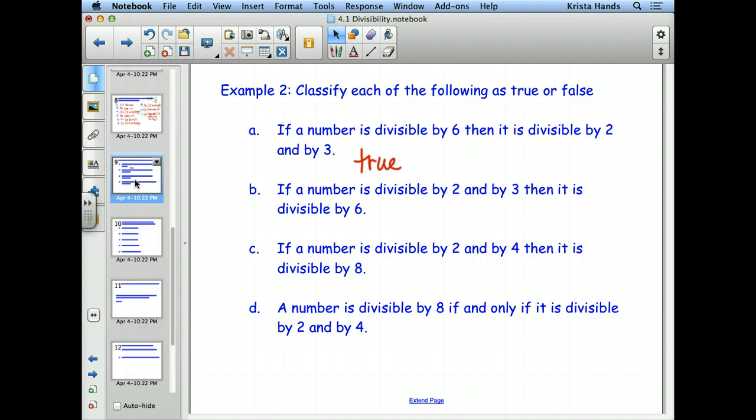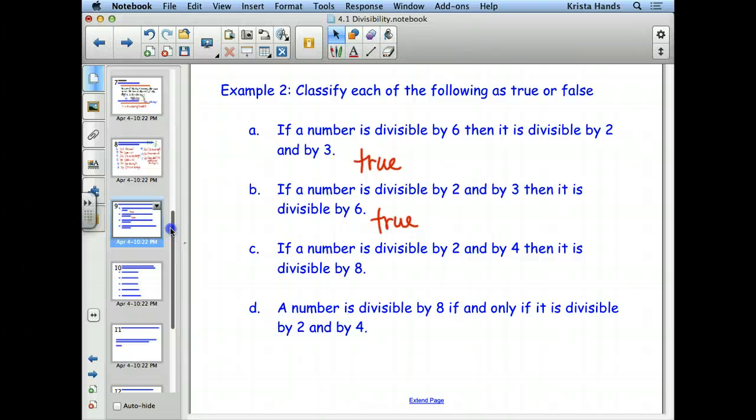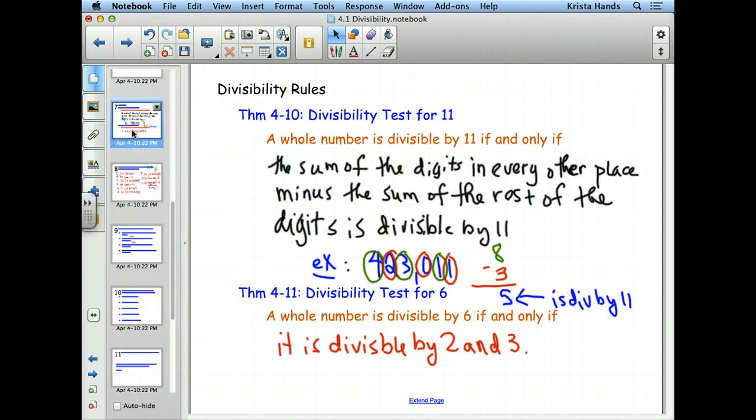If a number is divisible by 2 and 3, then it is divisible by 6. Also true. Although that may feel like this is saying the same thing, it isn't. It's actually saying it in exactly reverse. One is saying it's divisible by these two things, so it's divisible by 6. The other is saying it's divisible by 6, so it's divisible by those two things. The reason that worked is because if we go back up to our divisibility rule, over here there's